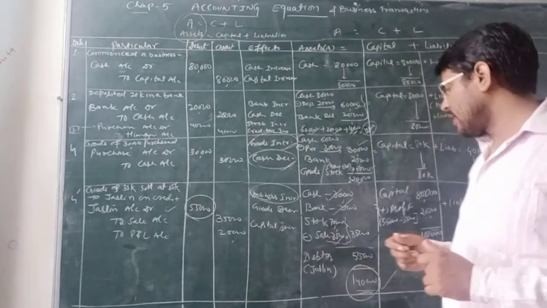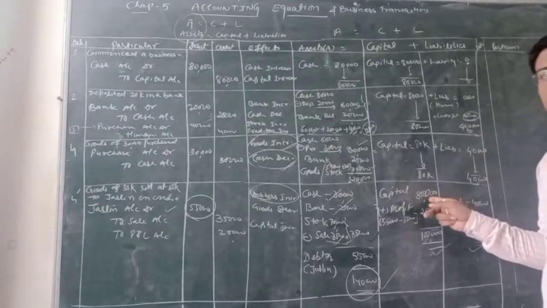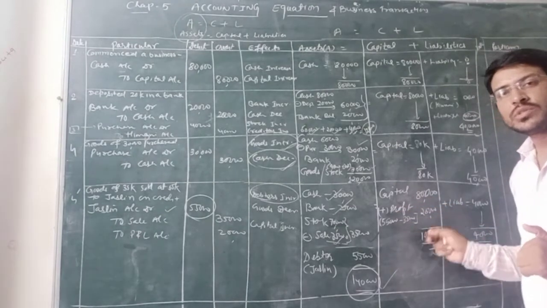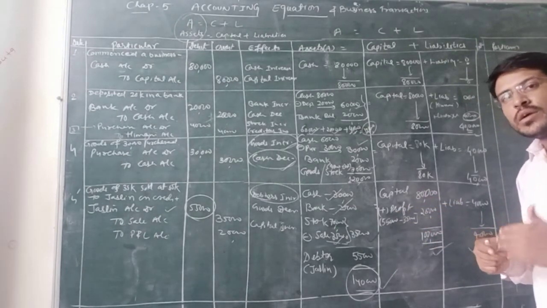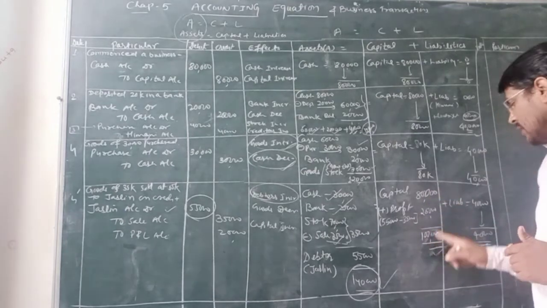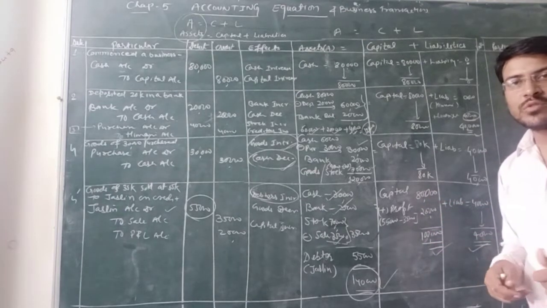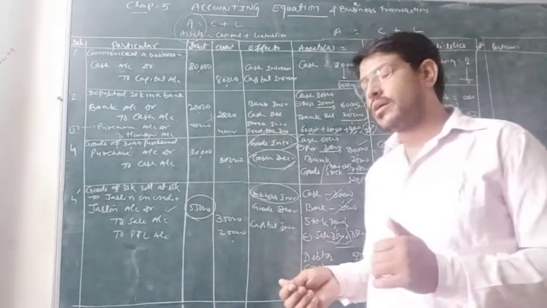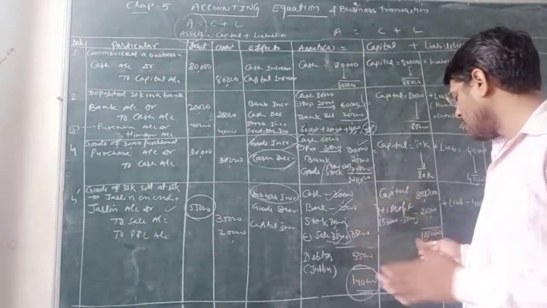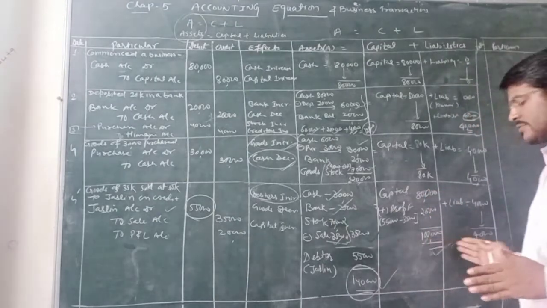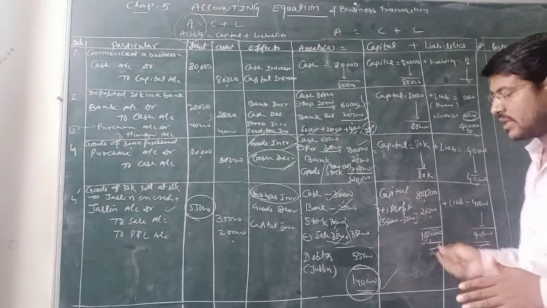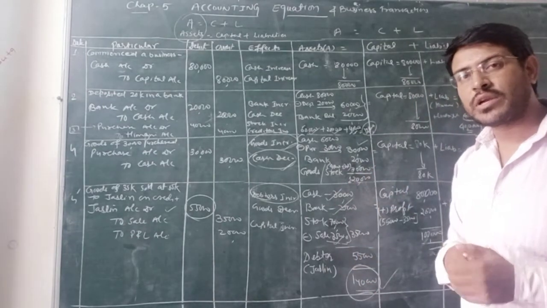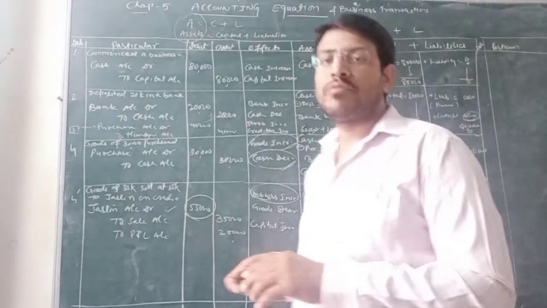So you can see over here, your capital is only 80,000 rupees, out of which we are getting a profit of 20,000. So it will increase. It will be total 1 lakh rupees, and the liability will remain 40,000. So on both the sides, you can see 80 plus 20, 1 lakh, and plus 40,000. So it is 140. On this side 140, on the other hand it is also 140. Both of the sides it should be 140.